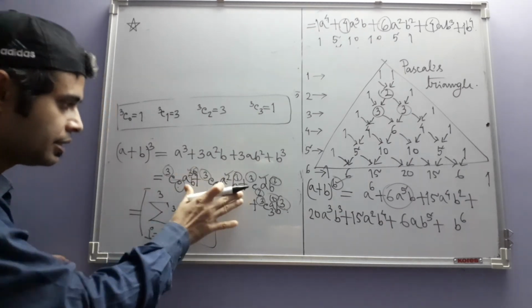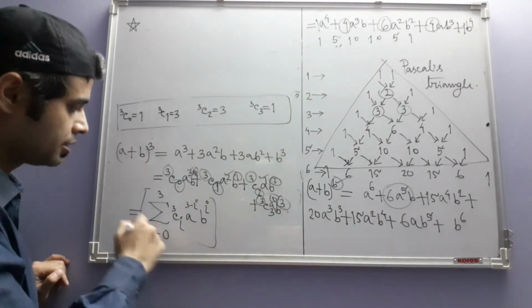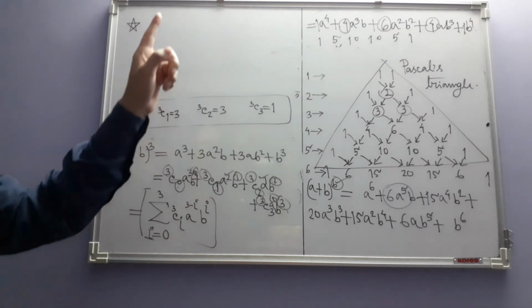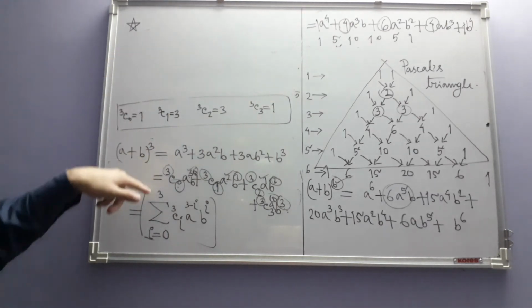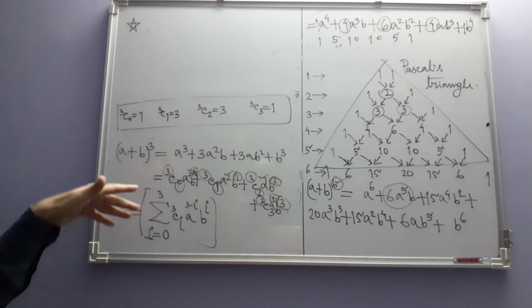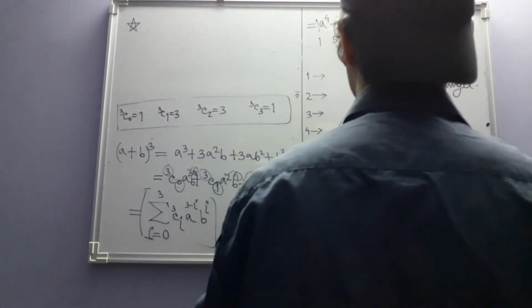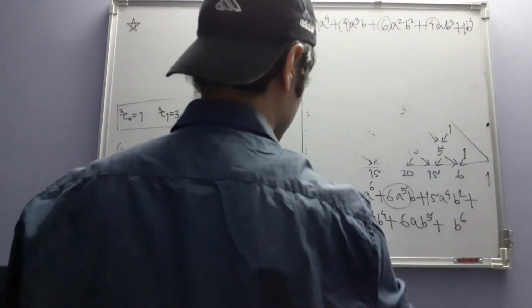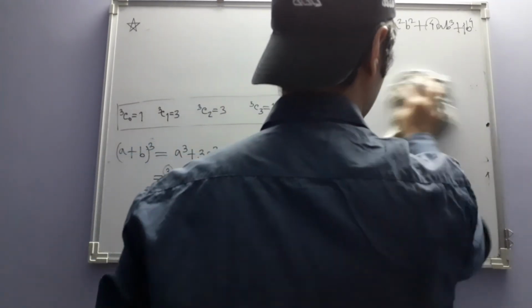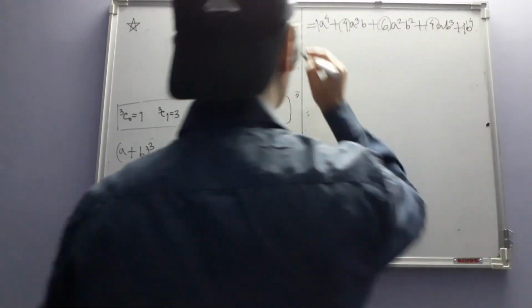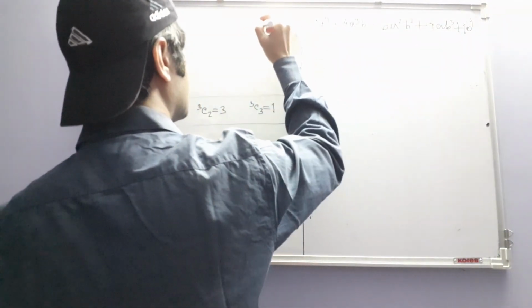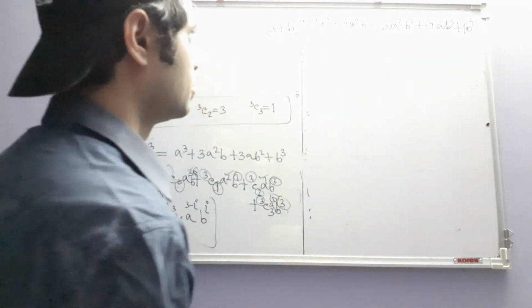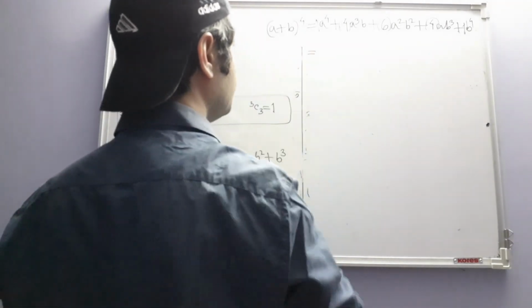So this is the expansion of (a plus b) whole cube written in a more compact form. Of course, this and this are the same thing, but this is writing it in a more compact form. Now let us write that one also in this same fashion and see whether we get something similar. We will get something similar, but let's just do it. So what is it? (a plus b) whole to the power 4. So if you look at it,